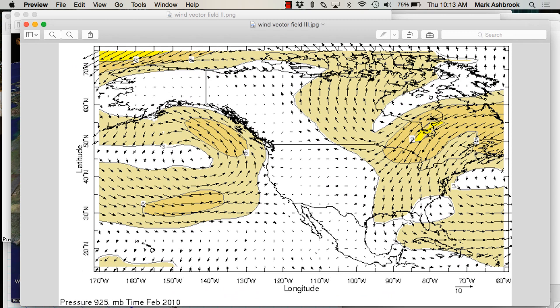What's the weather like in Arizona here? Calm, right? Very calm. Vectors are short or 0. So no wind in Arizona right now. How about the Midwest? Get your kite. You got some pretty strong south and southwest winds. No, wind is where it's coming from, right? So these are